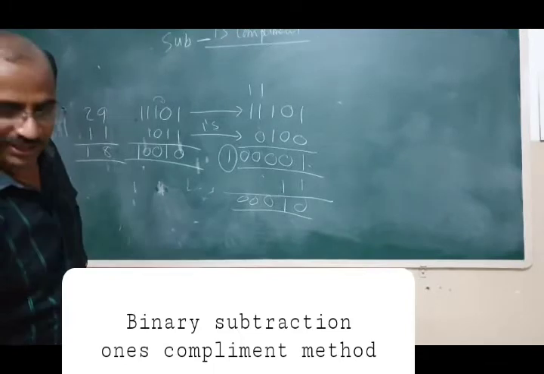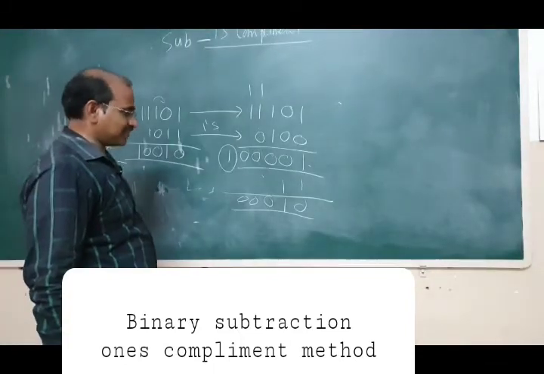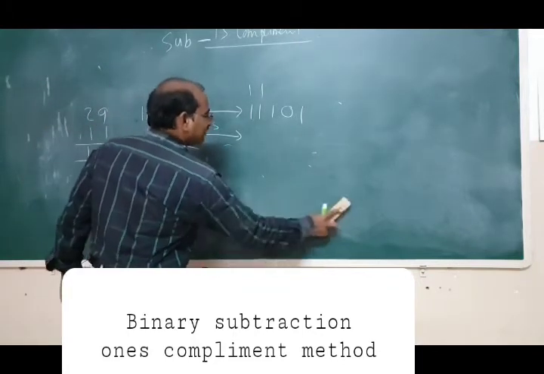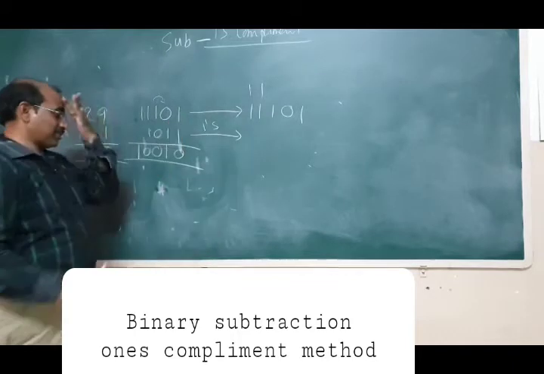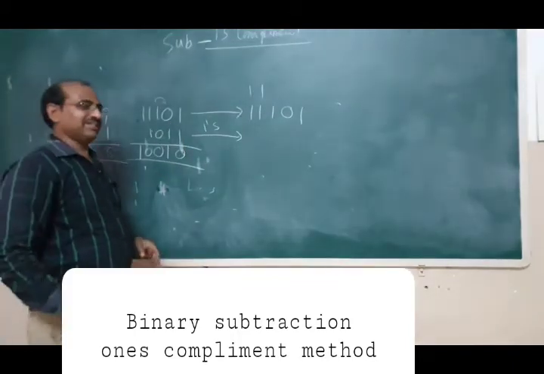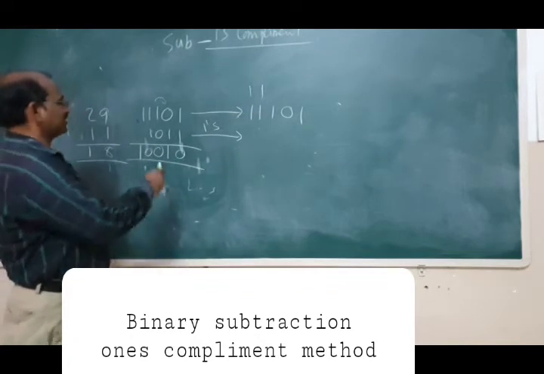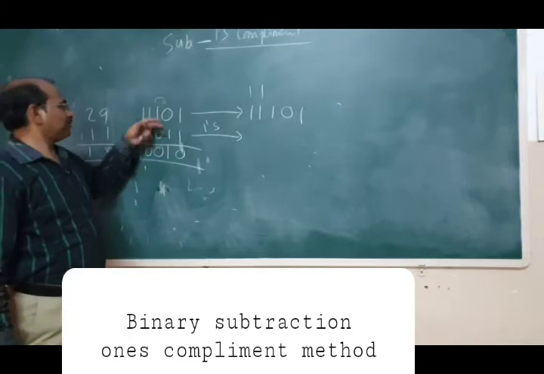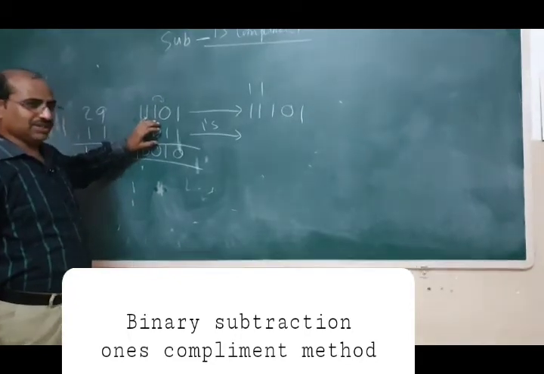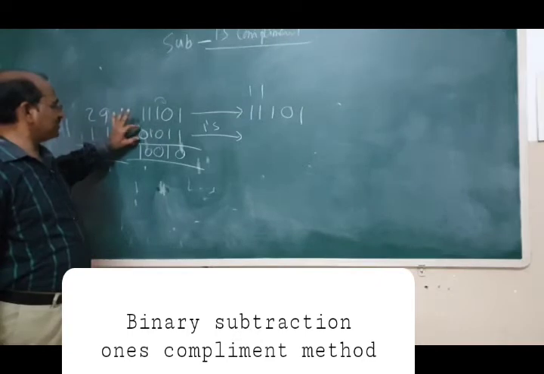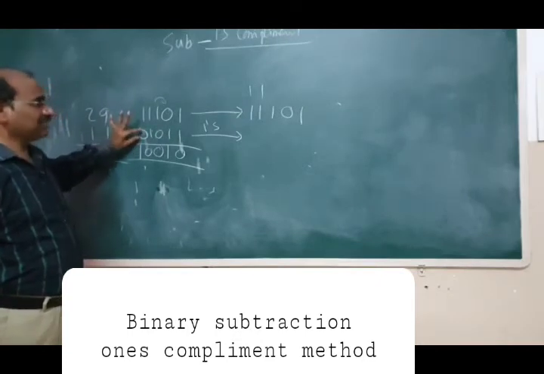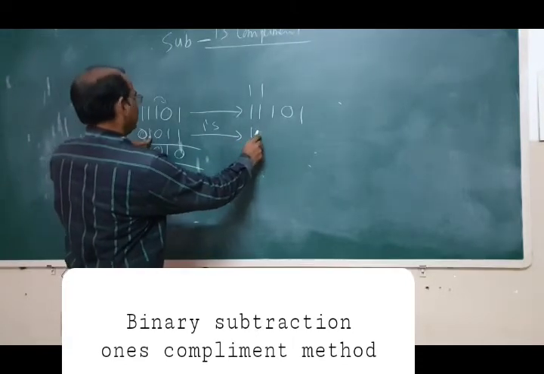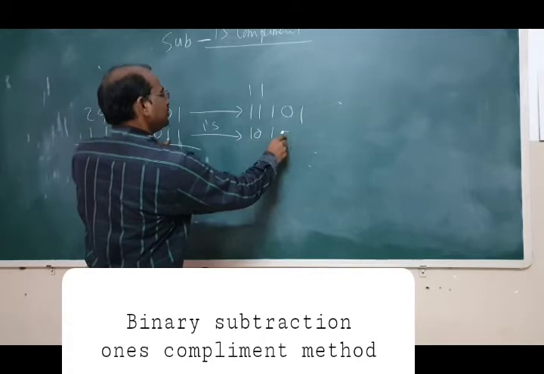The problem is here, keep it in mind. The best way is to take the equivalent size. In the previous problem also I told that the best way is, sometimes you will get the answer anyway, but the best way is to take a 0, because the sizes should be equal. If it is not equal, you take a 0 to make it even. Now we write the 1's complement. Now the value is 1 0 1 0 0.